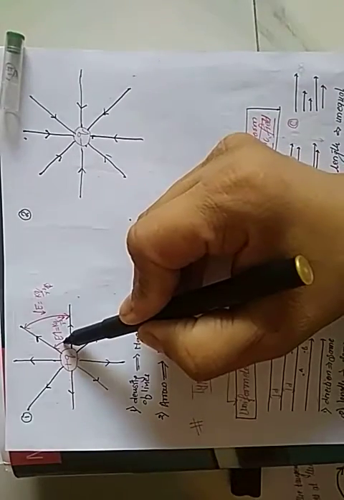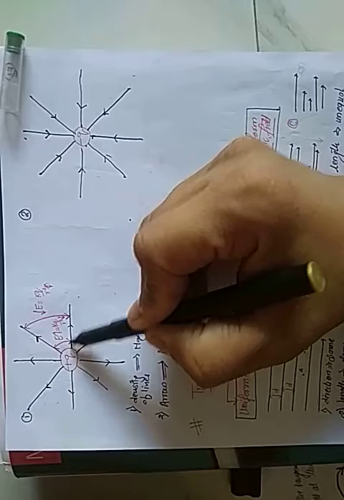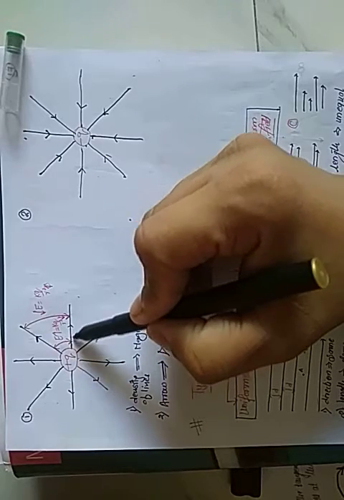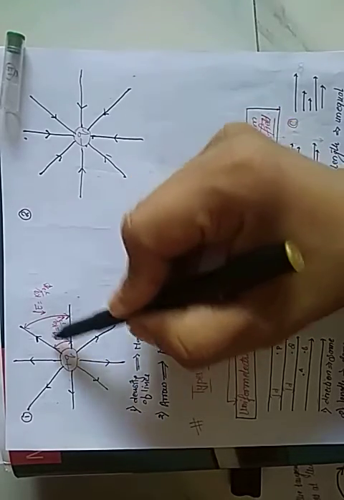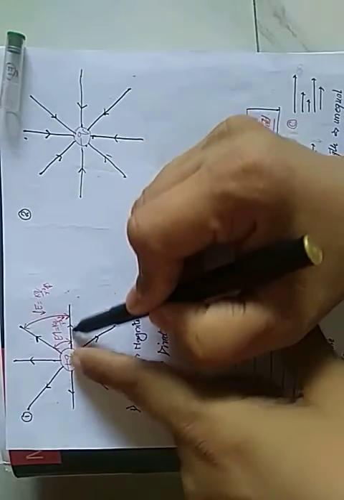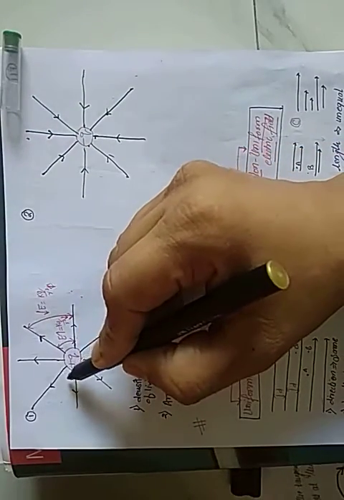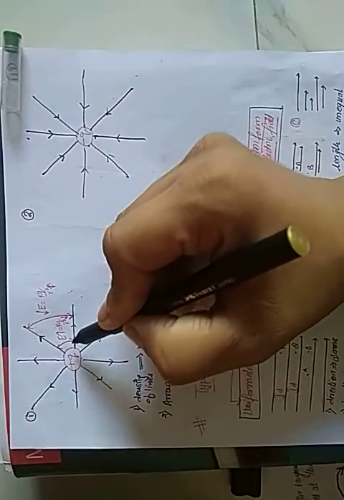Okay, now see, this is positive charge, this is negative charge. What I told you, if we are very near to the charge, the field is maximum because the distance is minimum. But if we are moving very far, then the field decreases and distance increases. Because distance increases, field decreases. So from this diagram we can say, the region near the charge, the field is strong.